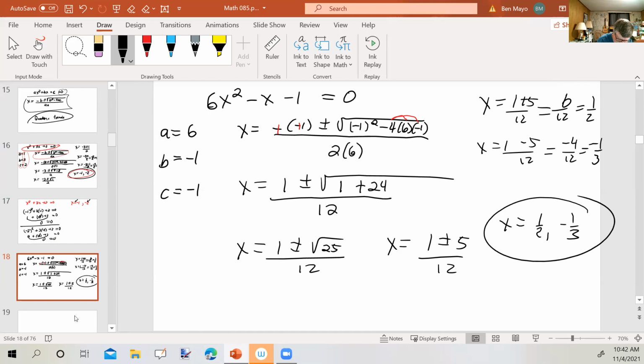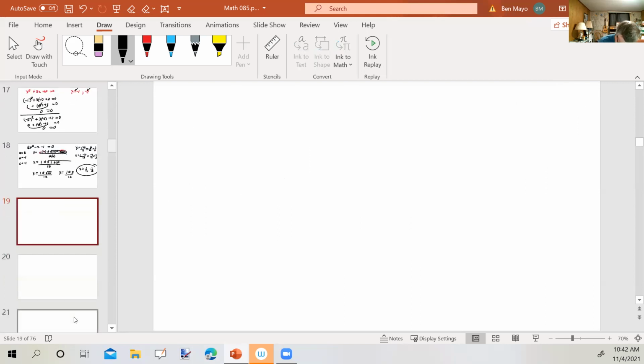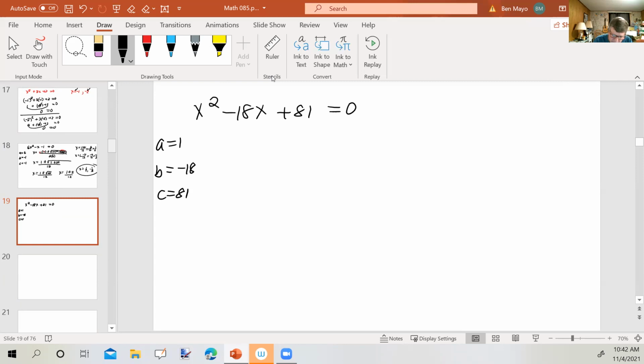All right, let's take a look at this example. X squared minus 18x plus 81 equals 0. This quadratic equation is in standard form. A is 1, B is -18, and C is 81. So x equals -b plus or minus the square root of b squared minus 4ac